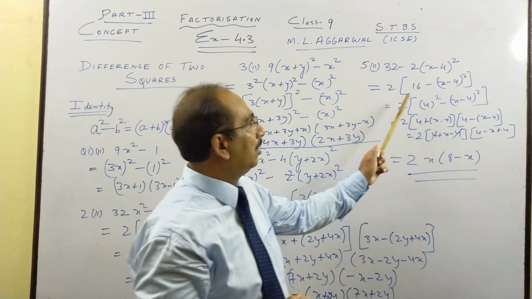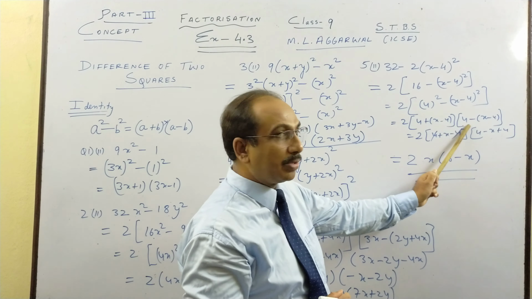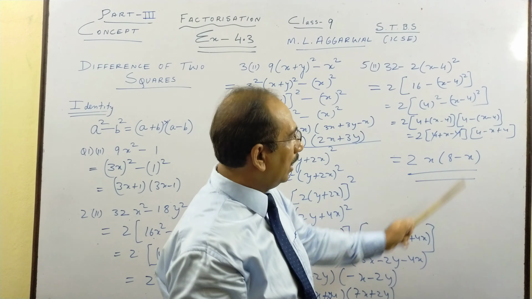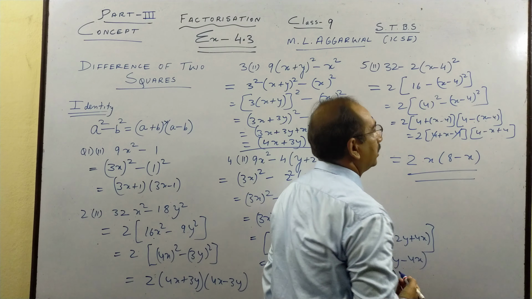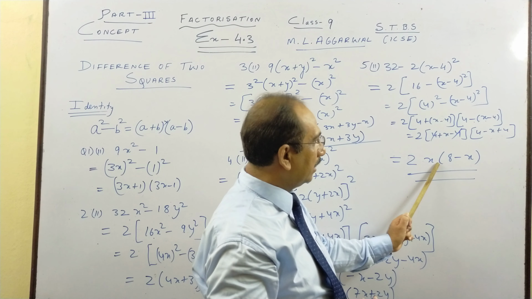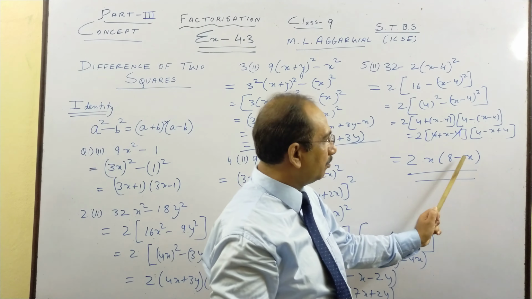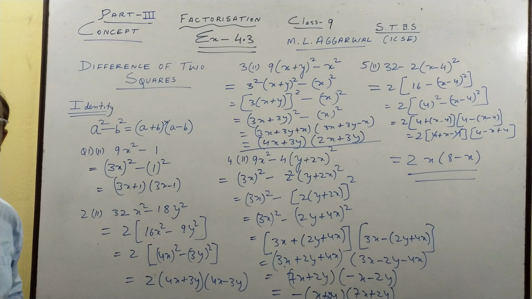So first I take out 2, then we square it, then again we use bracket because there are two terms, and once you open the bracket, this becomes minus, this becomes plus. And here if you see, when I open the bracket, children, 4 and 4 cancel, I get x. Here 4 plus 4 is 8 minus x. So please pause the video and copy, and again I'll do a few more questions for you.